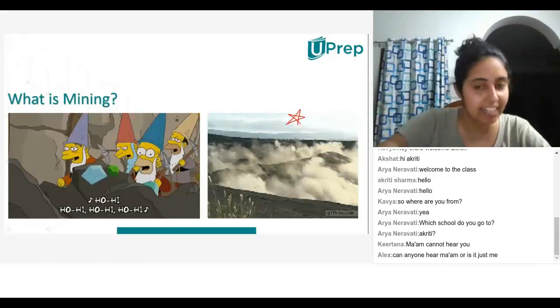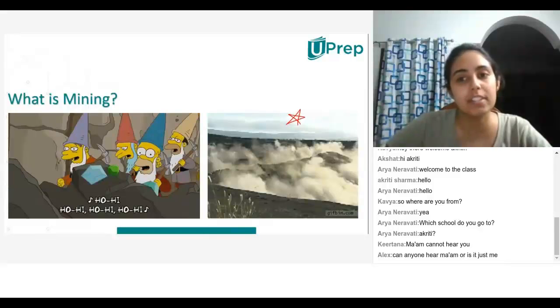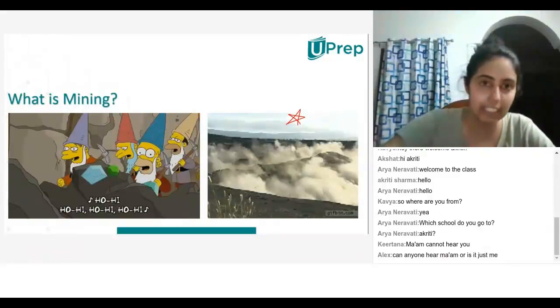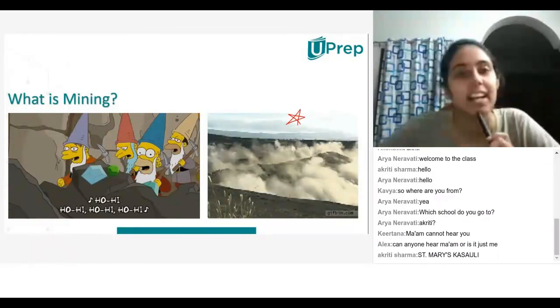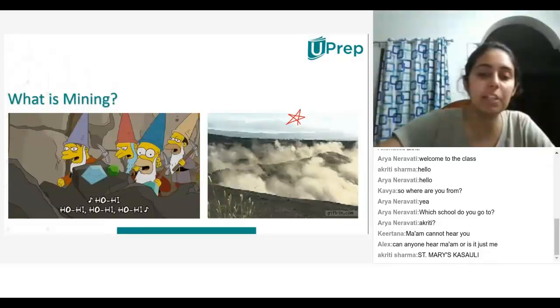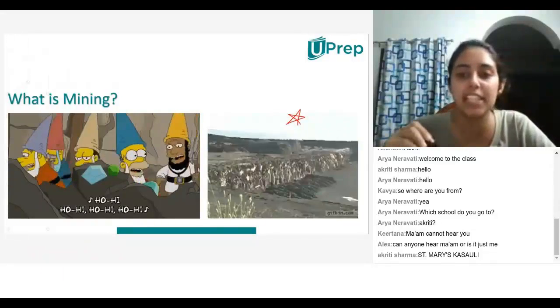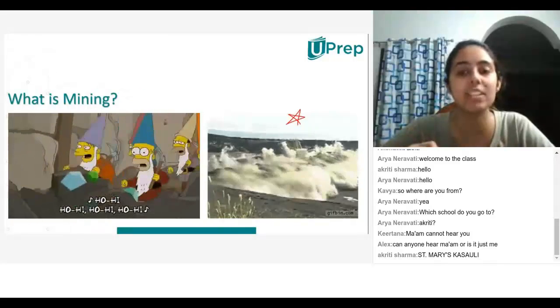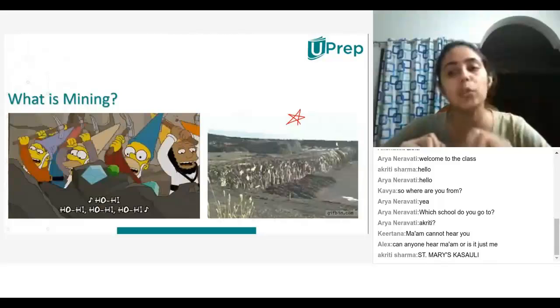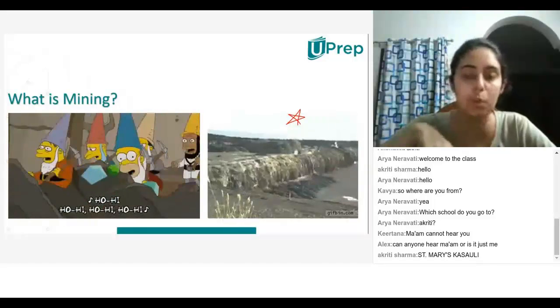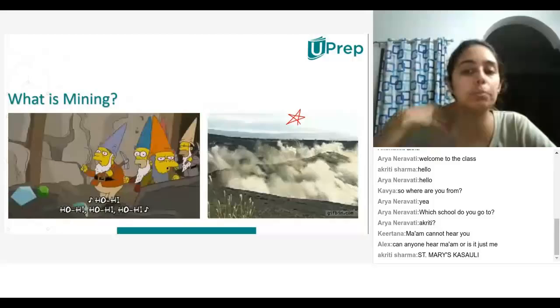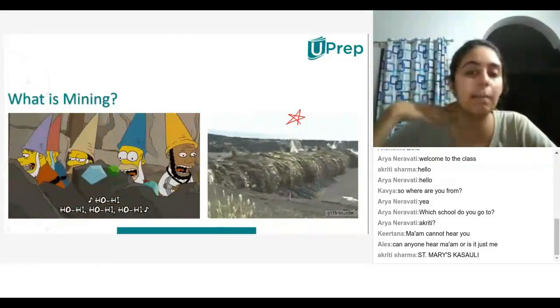It is called trinitrotoluene. Yes, it's trinitrotoluene. All right. So over here, if you look at the animation on the right hand side, you'll see that there is a wall and that wall is breaking, and that breakage is due to an explosion of TNT, which is breaking down this wall, and this is essentially done to extract minerals